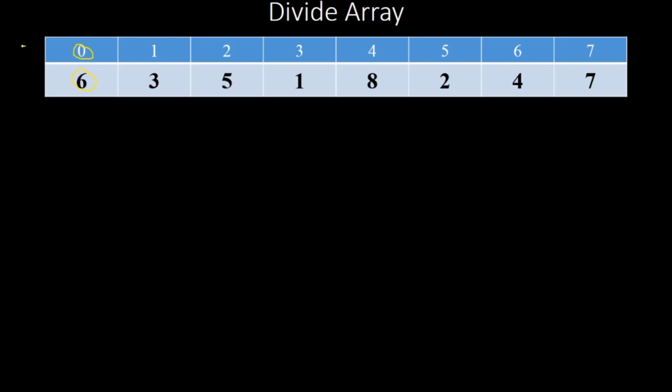That means the upper line shows the index number and the line below shows the elements. The index starts from 0 and ends at 7. So that means a total of 8 elements are there, because counting starts with 1 but indexing starts with 0. So how many elements are there? Total 8 elements: 1, 2, 3, 4, 5, 6, 7 and 8.